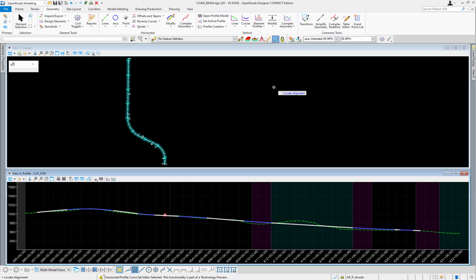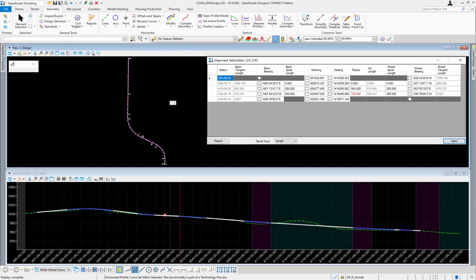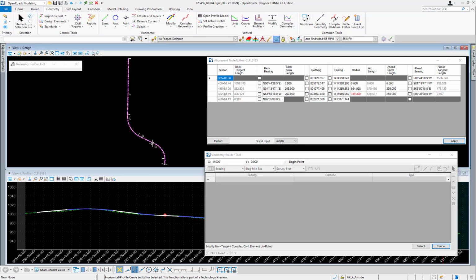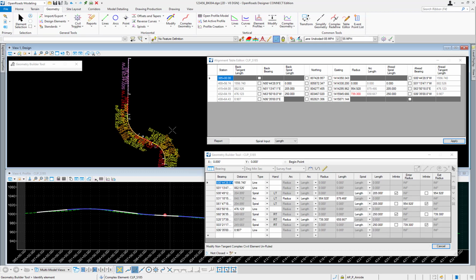So moving on, if I locate my alignment on view there, right away you'll notice this might be very useful and easier for you to edit geometry in a tabular format. If I also edit from the modified commands, if I open the same alignment with the Geometry Builder Edit command and I identify my alignment, I'm given a very similar tabular format, but you can see some differences, such as each spiral has its own row,